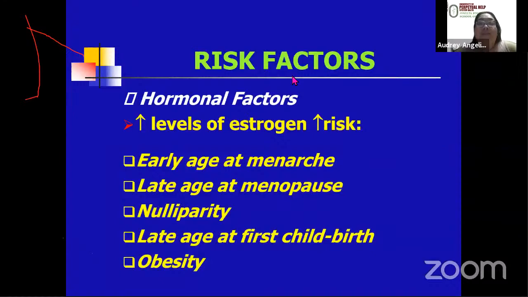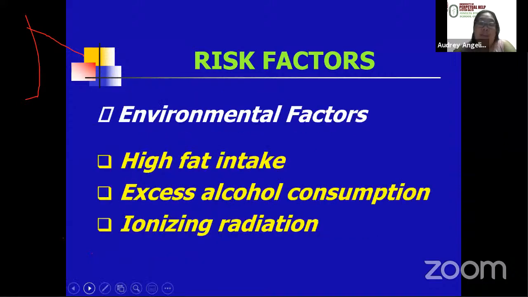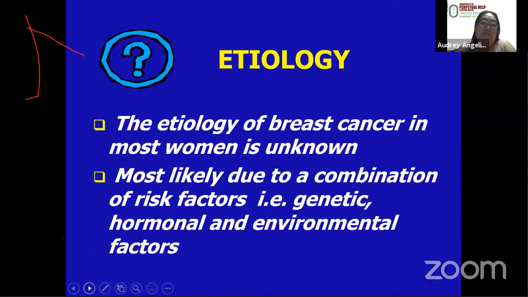Okay. So, hormonal factors, so any unopposed estrogen would increase your risk for breast cancer. Examples are listed below: early menarche, late menopause, nulliparity, low parity or obesity, or any condition which would have estrogen conversion would be a risk factor for such. Environmental factors, so high fat, excess alcohol, ionizing radiation. Okay. Although etiology is unknown,